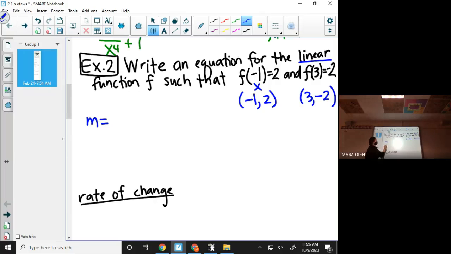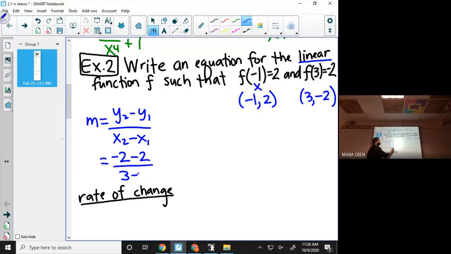So my slope, remember, you probably don't need to write this down. I'm going to write it down just as overkill to make sure we remember all this. Slope formula is just y2 minus y1 over x2 minus x1. So my y2 is negative 2 minus my y1, which is also 2, over my x2, which is 3, minus my x1, which is negative 1. That's going to give me negative 4 over 4, which tells me that the slope between those 2 points would